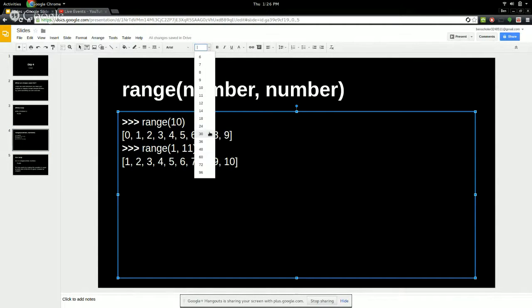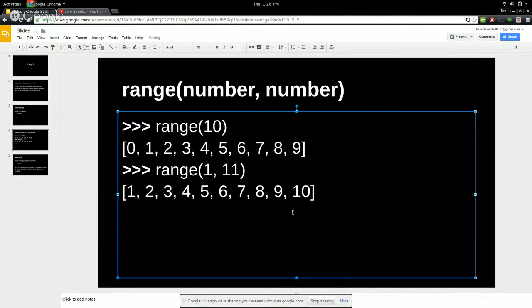Let me just make the font a little bigger. There we go. So basically with the range, you can either pass in 1 number to it or 2 numbers. And it does pretty much the same thing in both situations. But here we can see when you only pass it 1 number,